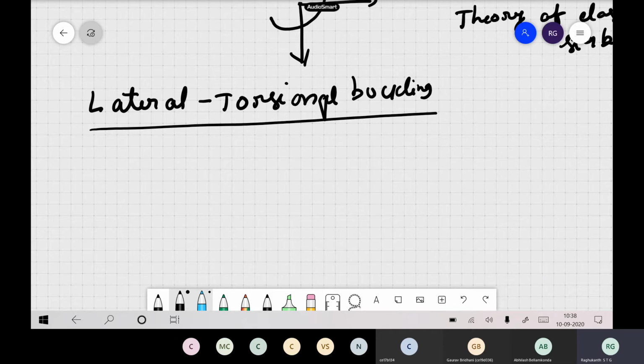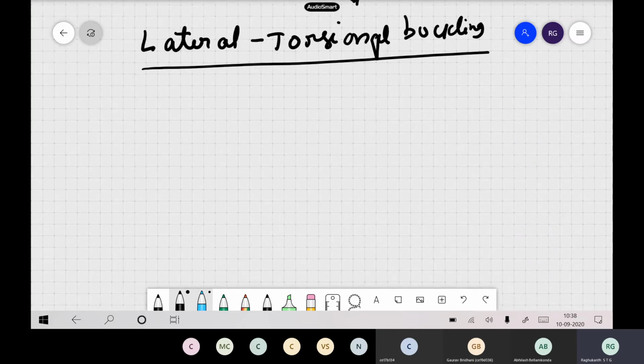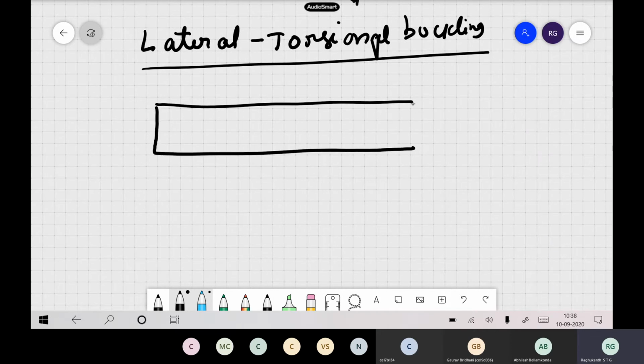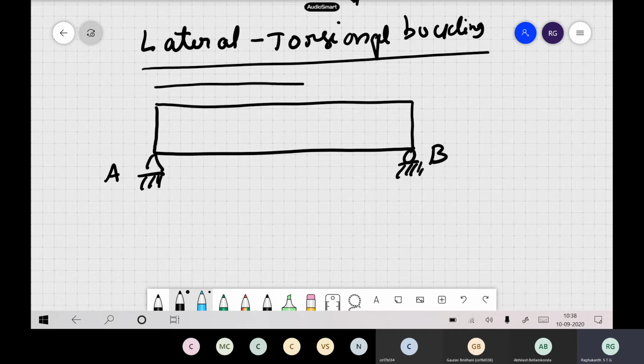The critical bending moment and other things. So now let us see our derivations. So now you have a column like this, or a beam, sorry, it is a beam itself. It is a simply supported beam, I section or some sections. This is your A and this is B, and it is subjected to some type of load. It may be a UDL or it may be anything. So a general arbitrary load.